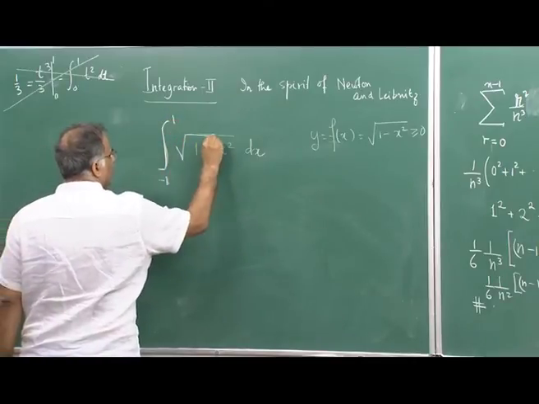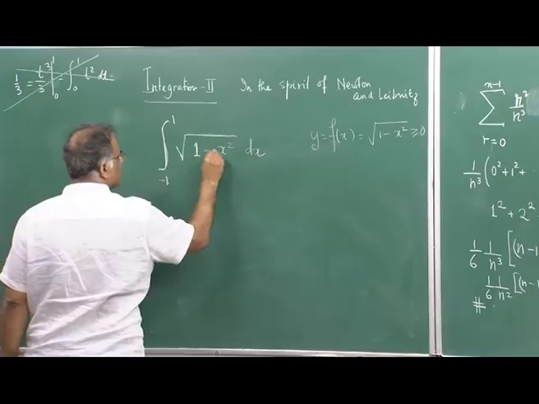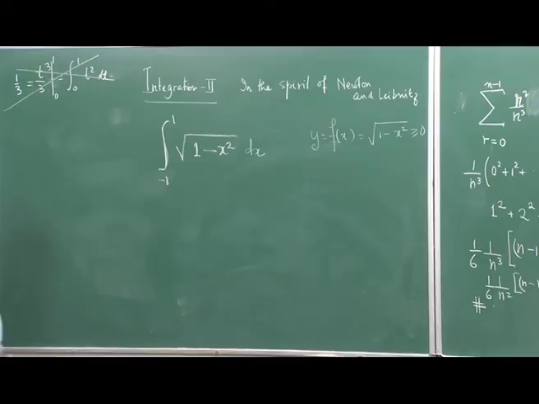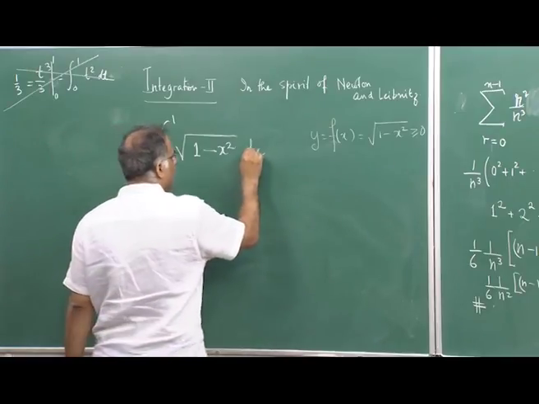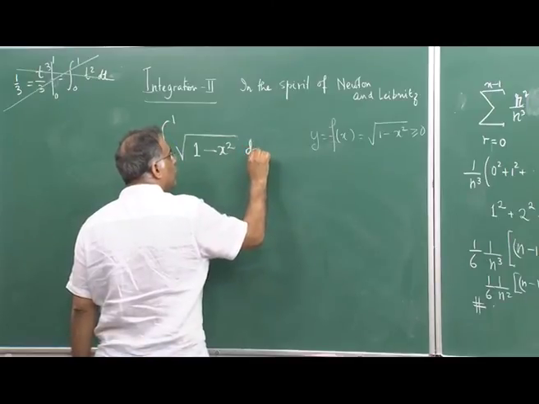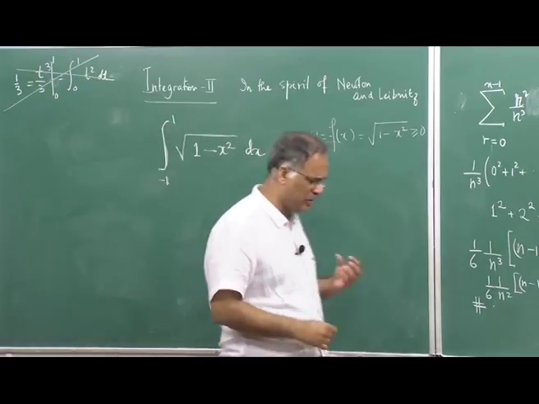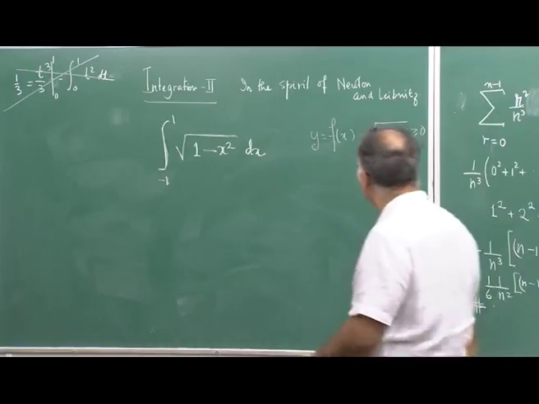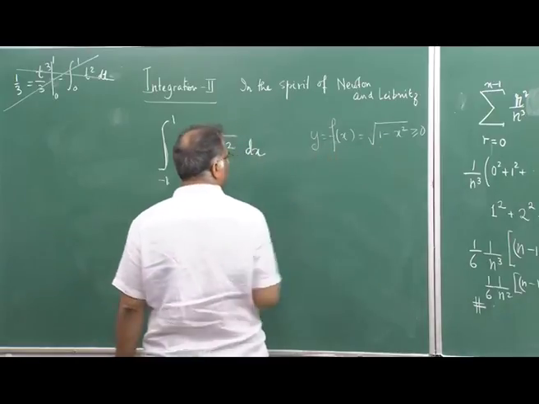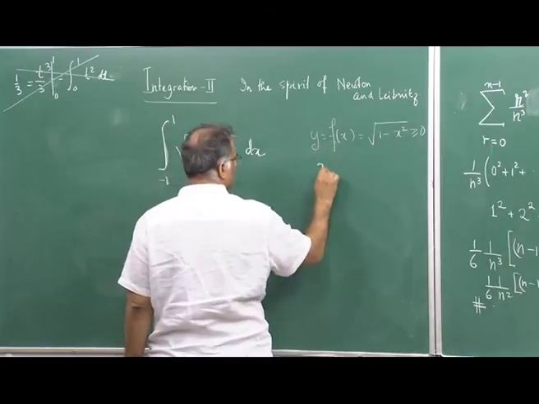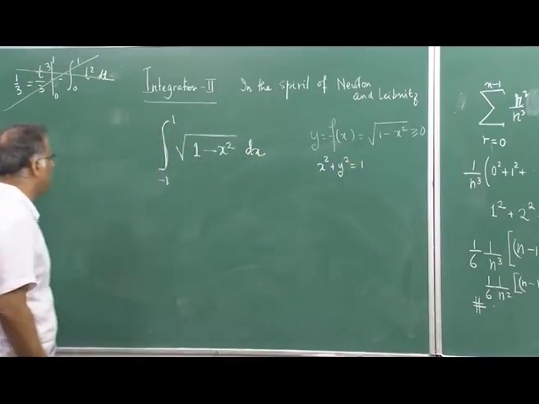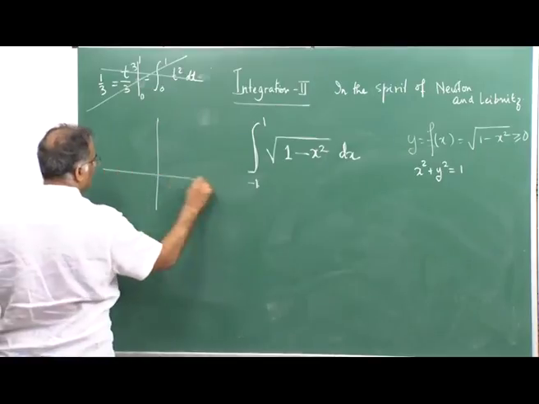Because I always want to emphasize, it might be my view or the way I can understand things, that mathematics cannot be learnt well without visualization. Mathematics is all about visualization. Geometry is at the core of things. So here, what do these symbols mean? If I have this function y equal to √(1 minus x square), this simply means x square plus y square is equal to 1. So it is telling me to find the area